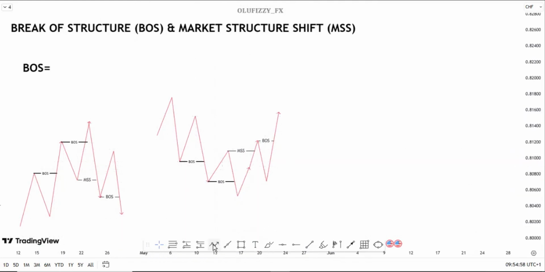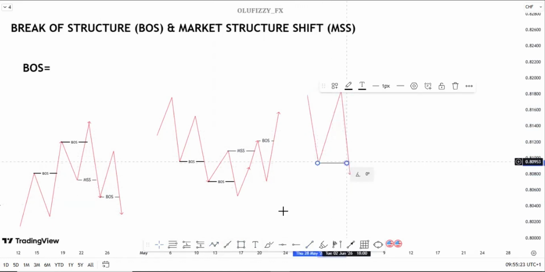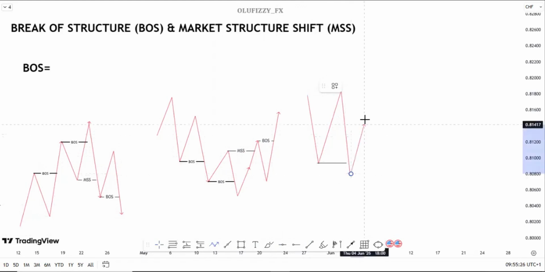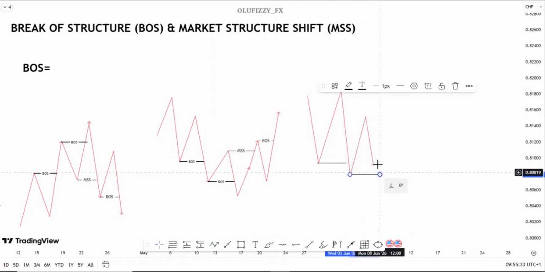And how can you identify a valid break of structure? Because most times you can have something like this. Maybe price is going to give you something like this, and you know that anytime price takes out this low, so let's say you already have a break of structure here, and price pulls back and gives you another break. But when price is now coming to break the structure to the downside,